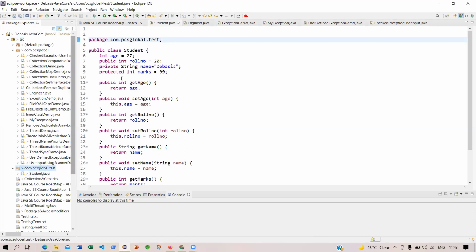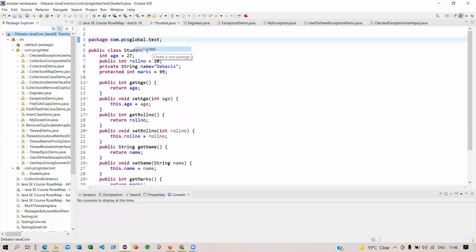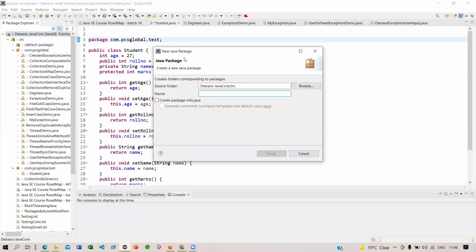How do you create a package? Okay, that is what you want to see as well. Let me say I am on the project. I right click, as with everything you can do, and you can create a package. You are trying to create a Java package. You just click over here and the wizard comes up. You say Java package. This is the source folder. Under this, you are creating a package.